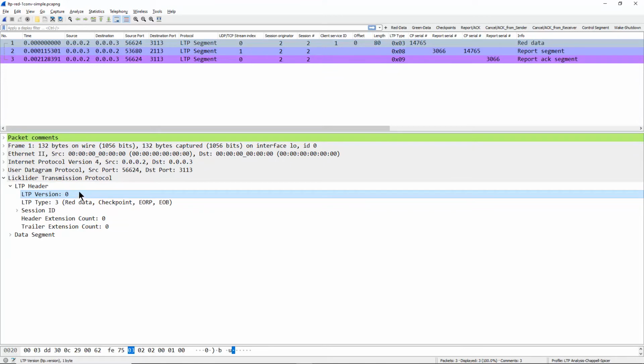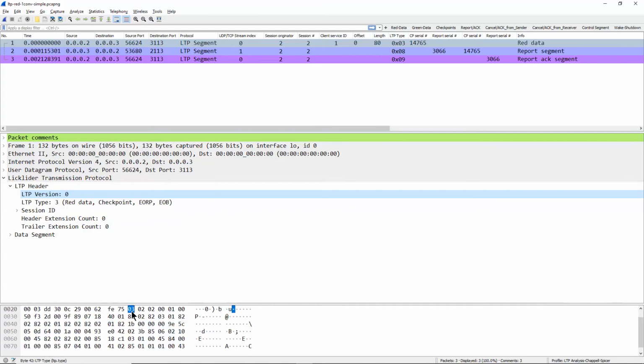The LTP version field is just a 4-bit field. Now in Wireshark, when we select a field in the packet details window, Wireshark doesn't have the capability of highlighting only half of a byte down here, or 4 bits. So it'll always highlight the full byte, even though that's not correct. It's only 4 bits long.